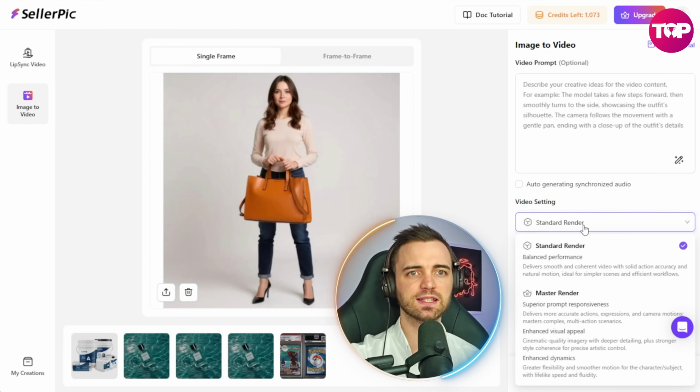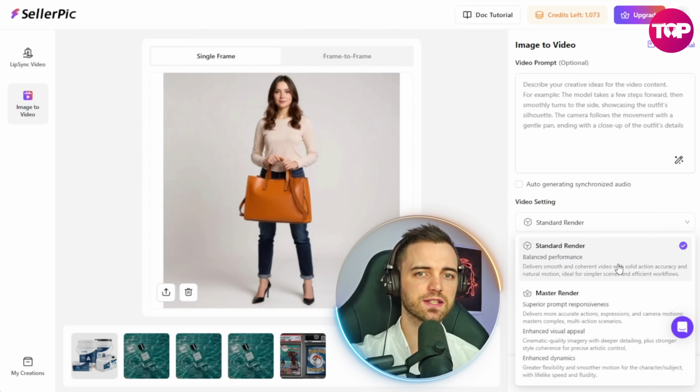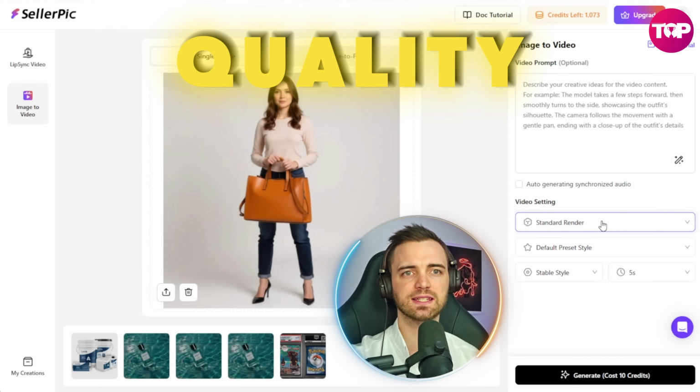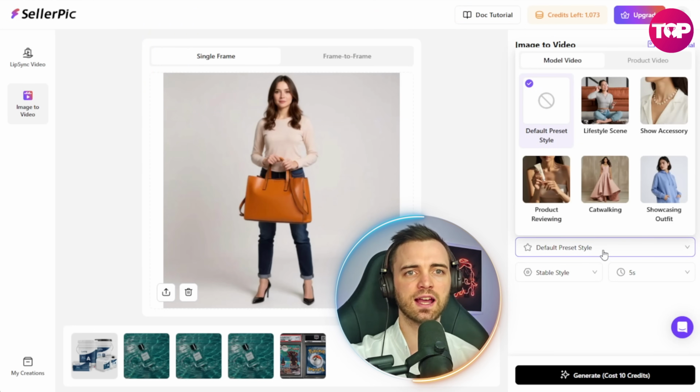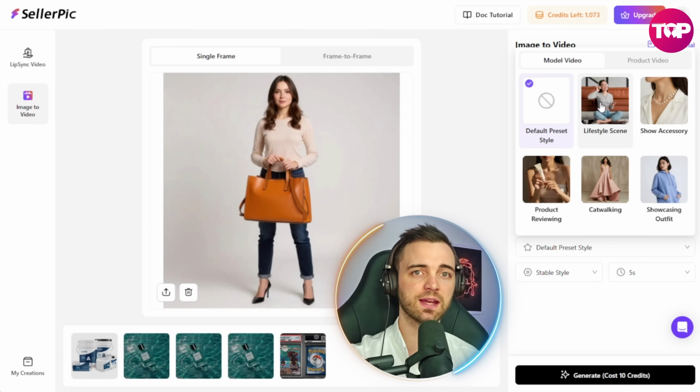Now, the video settings here, we can do a standard render or a master render. These will just differ slightly in quality, but we'll stick with standard for now. And then we actually can have default presets if we are a little bit short on ideas. So here we can see a lifestyle scene if we were demoing a product for an ad. We can show accessories for things like jewelry and bracelets, and we can even have products reviewing where you can